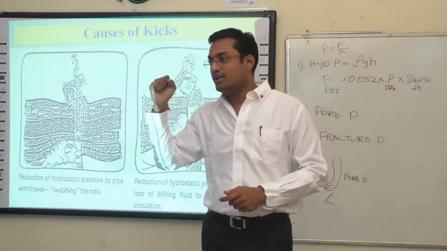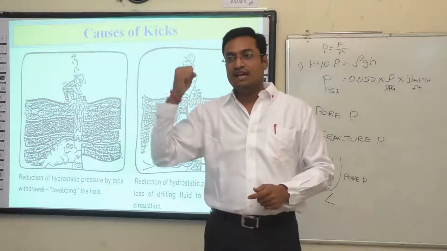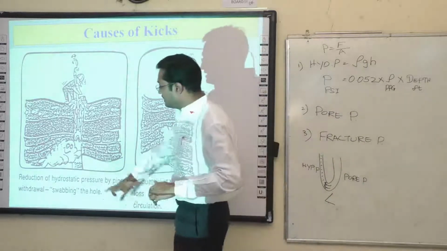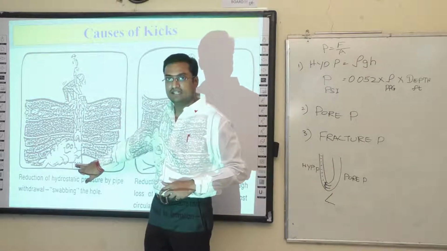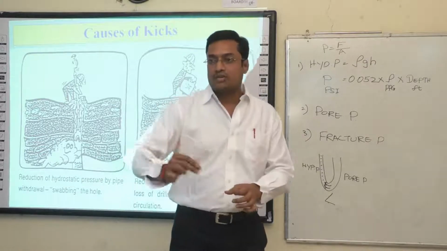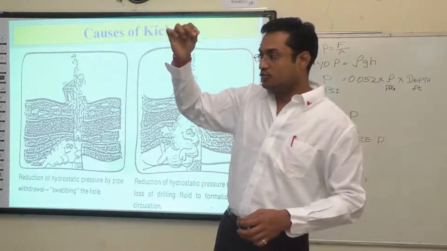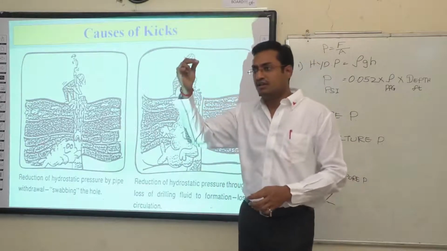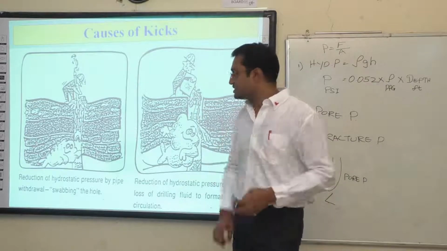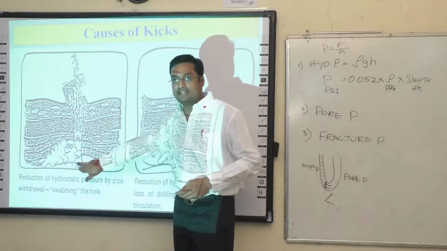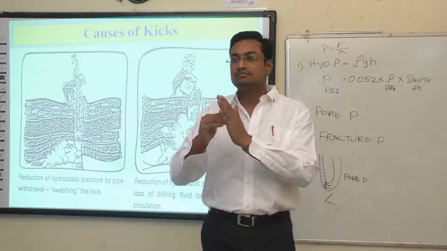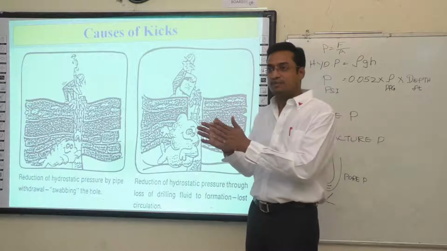At that time, when you are pulling the pipe from the wellbore, if you do it faster, it will create some pressure differences. It will create a negative pressure in the wellbore. Like if you are pulling a straw from the juice bottle, if you pull it very fast, you will see that there are some disturbances. That disturbance is enough to create a kick, or for the formation fluid pressure to become more than the hydrostatic pressure,